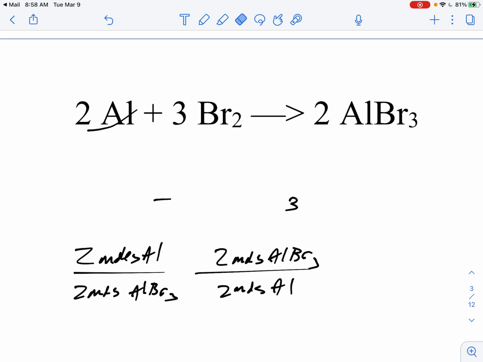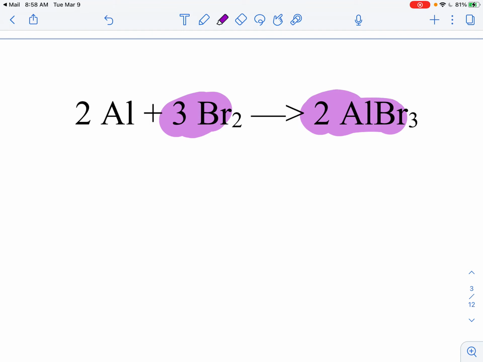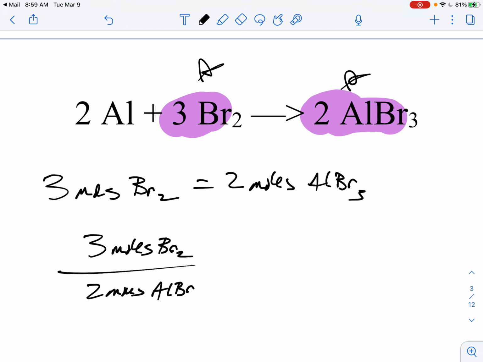If these were not the things that I was interested in, if instead I was interested in these 2 things, let's say it was bromine and the aluminum bromide that I cared about, then it would be 3 moles of bromine equals 2 moles of aluminum bromide, which means that when I go to write the ratios, once again, I could put 3 moles of bromine over 2 moles of aluminum bromide, or I could put 2 moles of aluminum bromide over 3 moles of bromine,